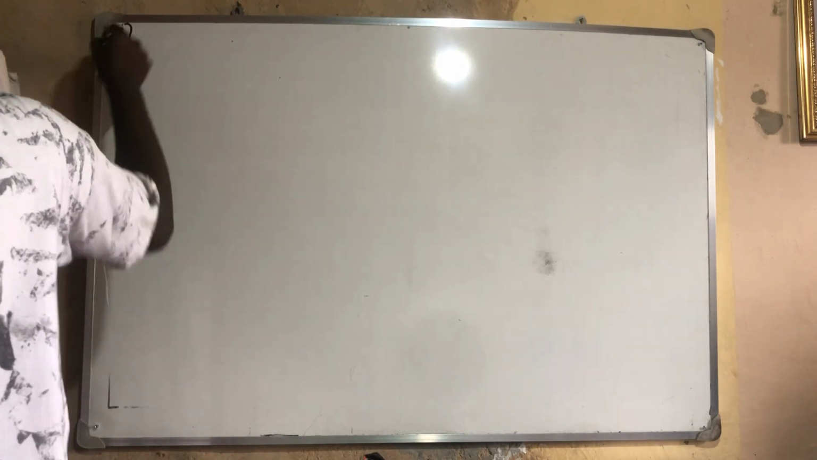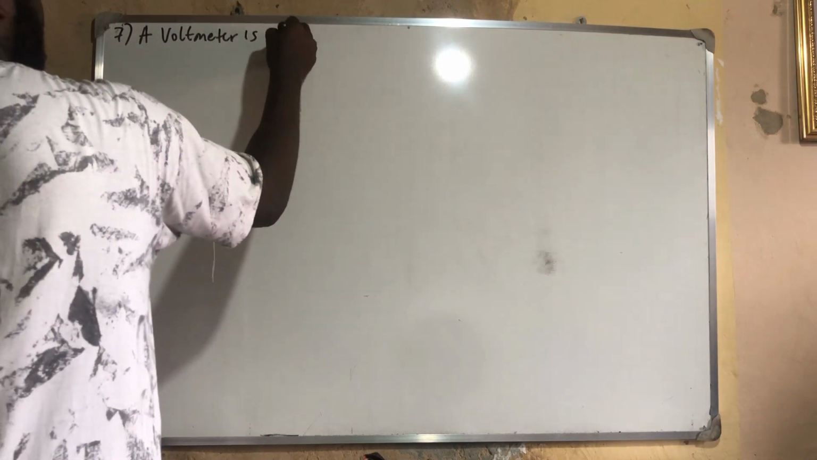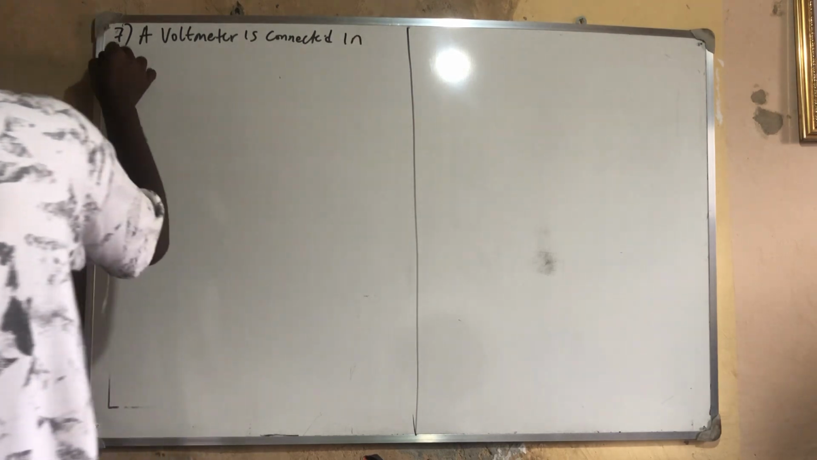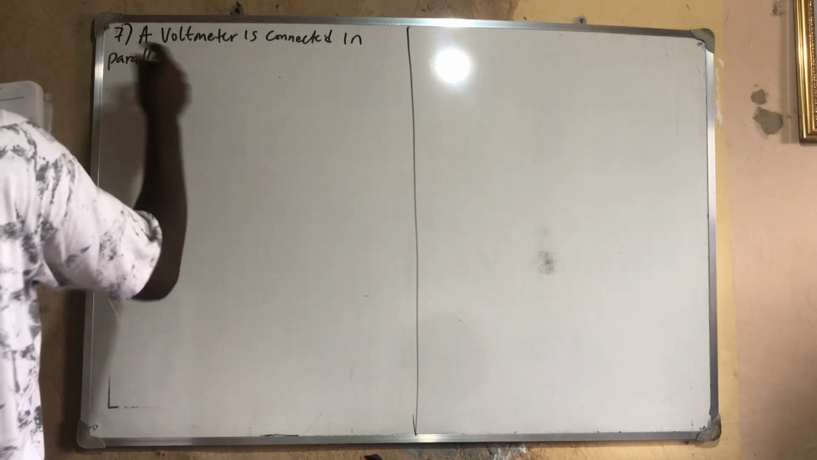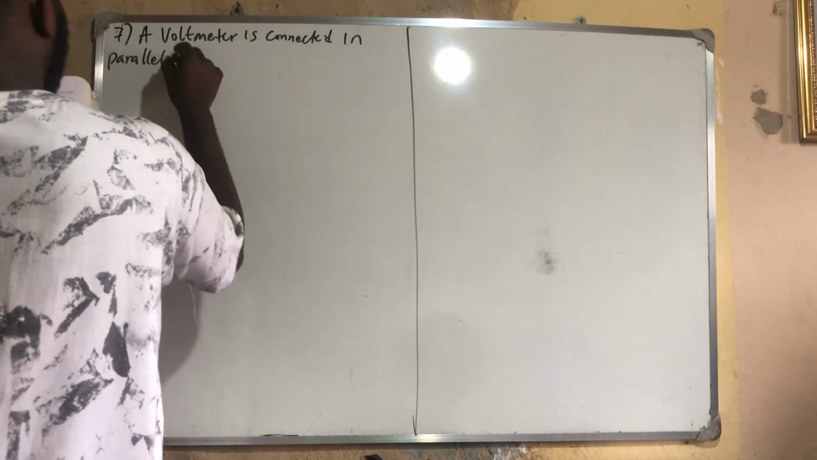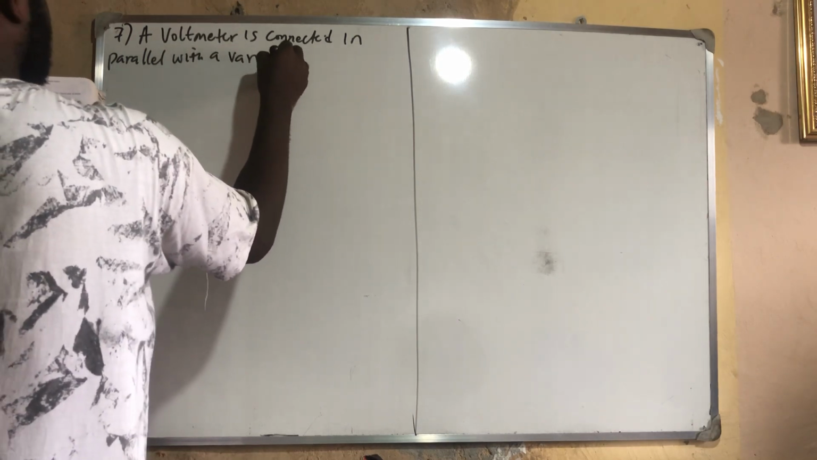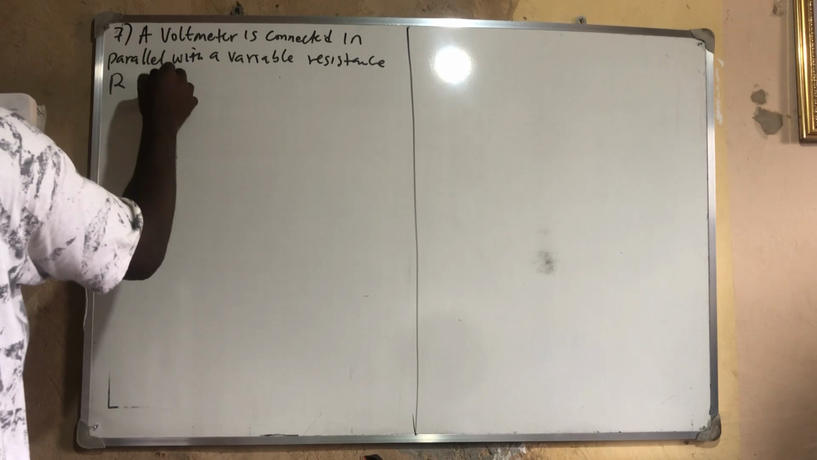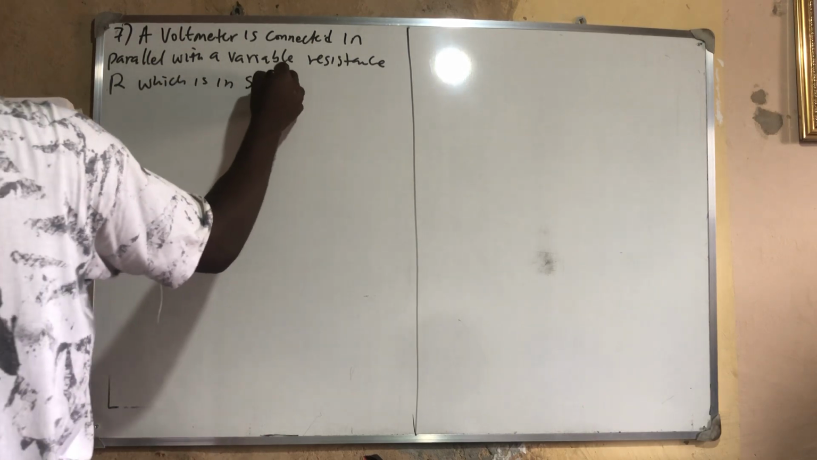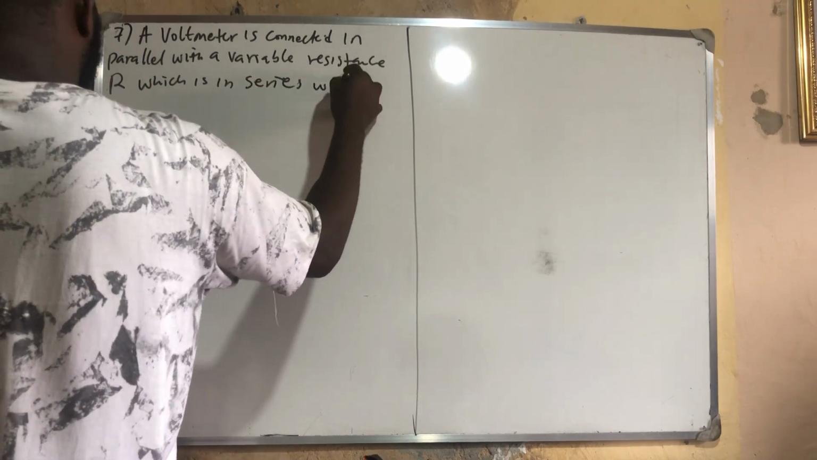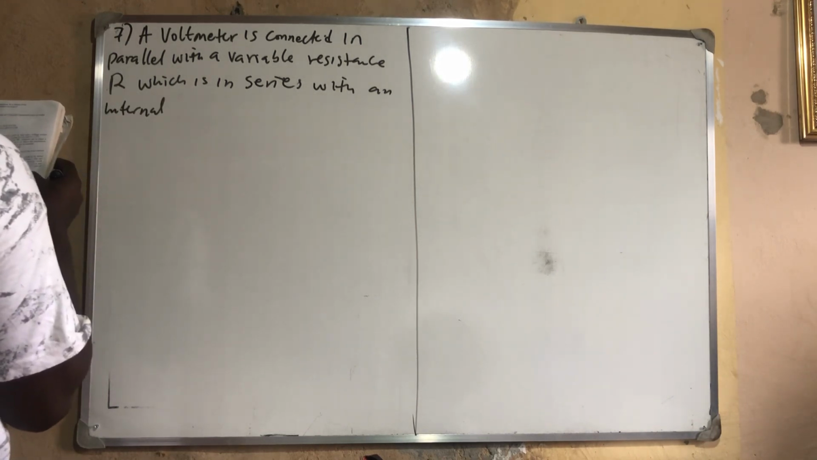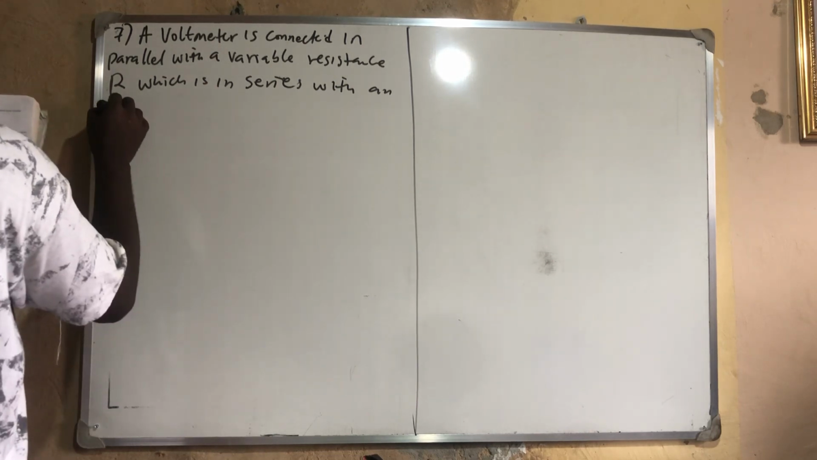Question number 7 said a voltmeter is connected in parallel with a variable resistance R, which is in series with an internal resistance, which is in series with an ammeter,